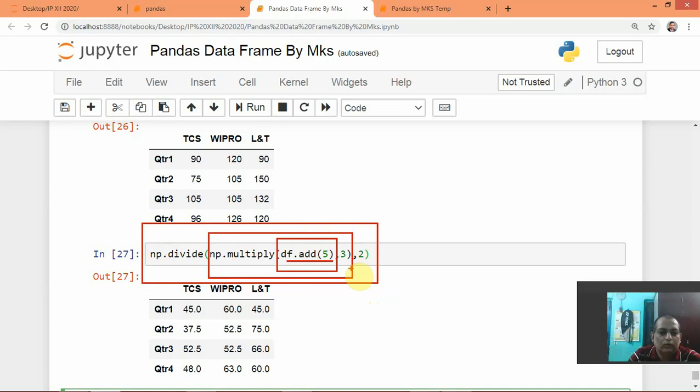So here what I want to convey is that this function or this activity is working like a pipe.